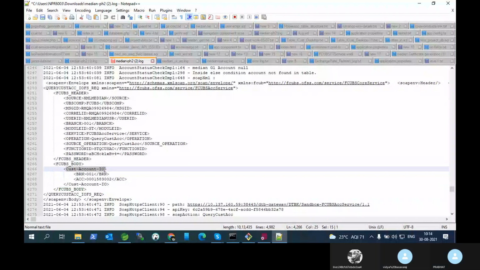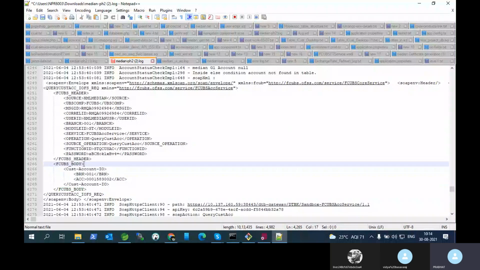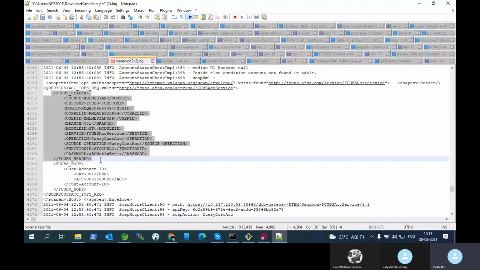Okay. So even if we display cust account IO, that is also enough. Because by default we will give all the nodes inside this FCUBS body. Here we are not getting the nested body for now. If we get it in any request we can think, but for now it is okay. FCUBS or header, you can directly display.